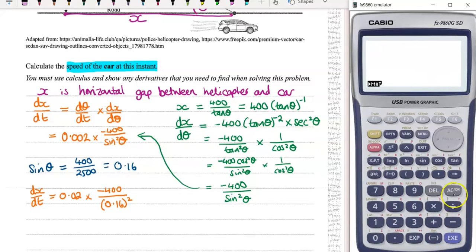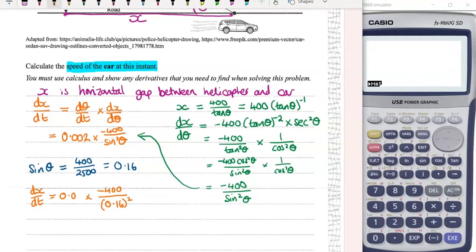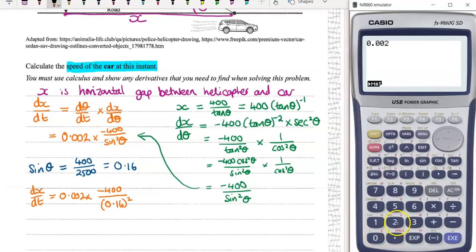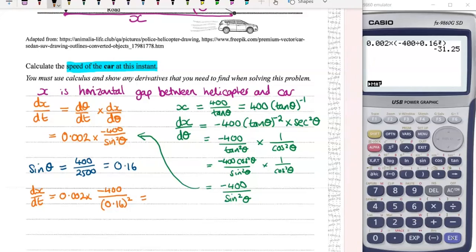Oh, that's not quite right. Hold on just 1 minute. I've missed, oh, there it is. I've missed a 0 in here. Let's go again. 0.002 times by negative 400 divided by 0.16 squared gives me minus 31.25